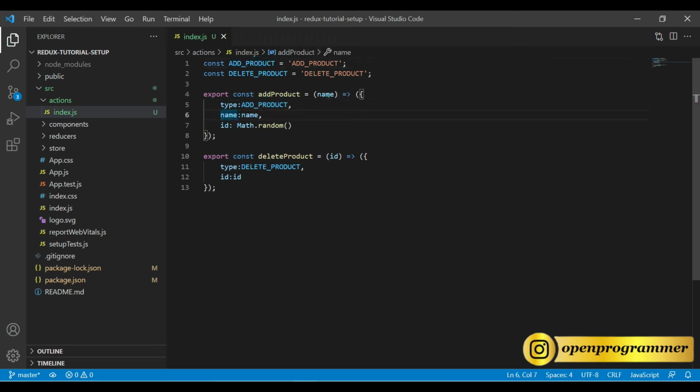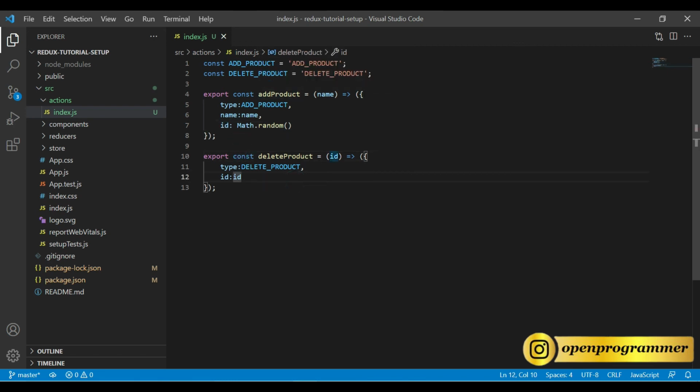The second, this name we will pass from the React component, or you can say from the front end, and this ID should be auto generated. This is a JavaScript method. Every time you hit this particular method, it will generate an auto incremented kind of ID and assign it to this particular property. So this is for adding a product.